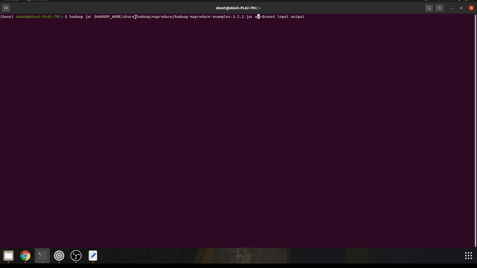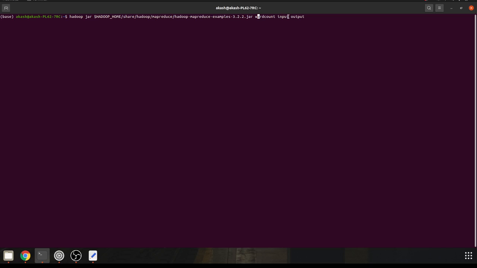It is stored in Hadoop. It is already available in the Hadoop downloaded files with this name. Now I have specified what program we will be running, like word count, and I have given input, which is a folder name.